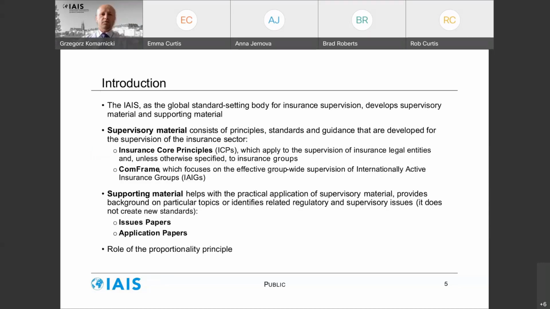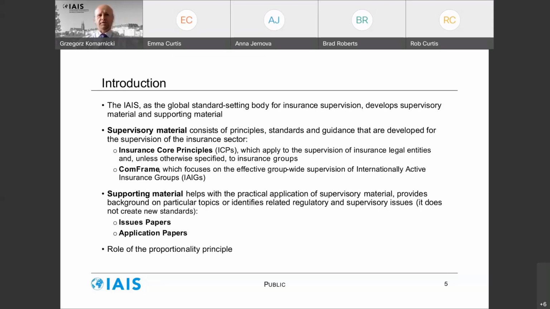So now we'll start with a short introduction. The IAIS is an international standard setting body responsible for developing and assisting in the implementation of material related to insurance supervision. The IAIS develops 2 categories of material: supervisory material and supporting material. There are 2 types of supervisory material. The first is Insurance Core Principles, which apply to supervision of insurance legal entities and, unless otherwise specified, to insurance groups. The second type is ComFrame, which provides standards focusing on effective group-wide supervision of internationally active insurance groups,